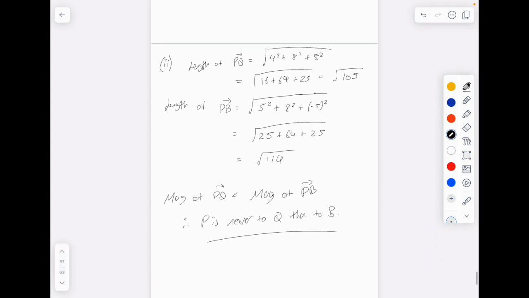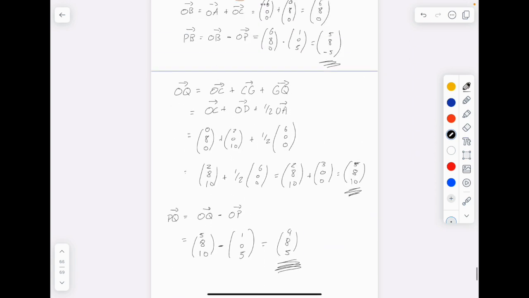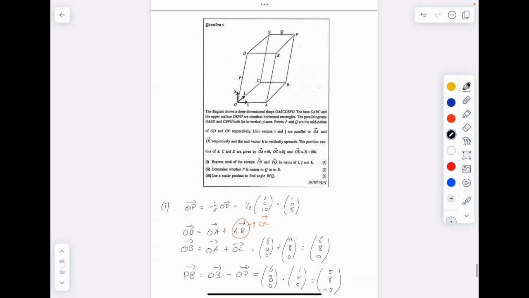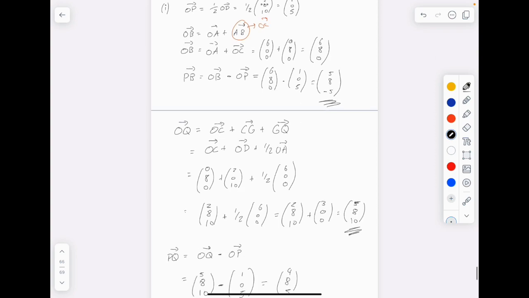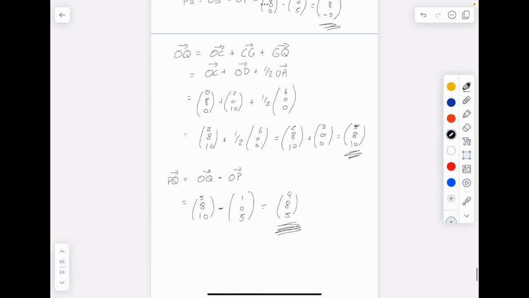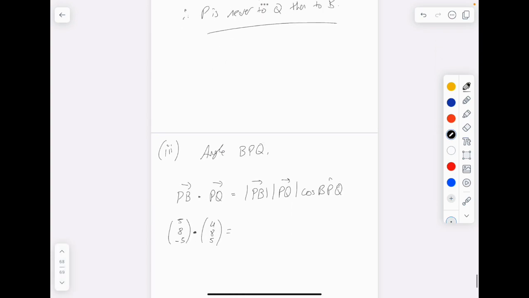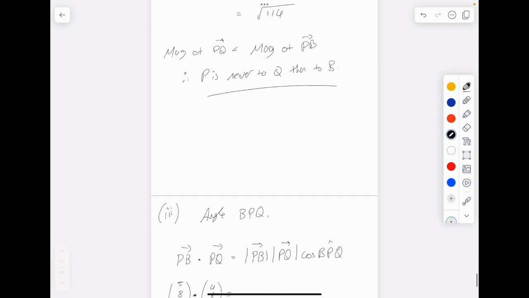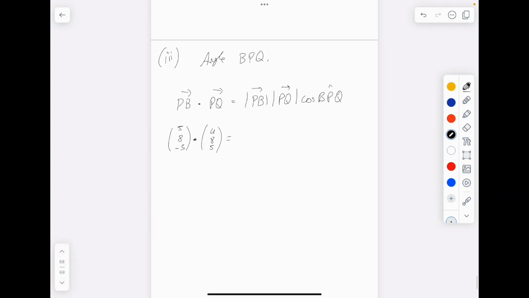PB, which is, we go up, 5, 8, negative 5. But remember, it's magnitude here, so it's going to be root 114. Okay, root times what? Magnitude of PQ, root 105, right? Times cos